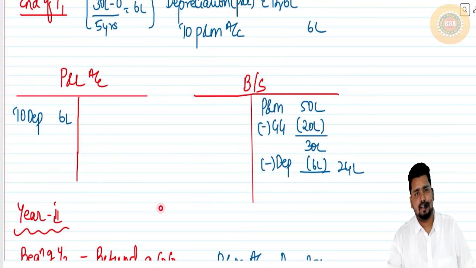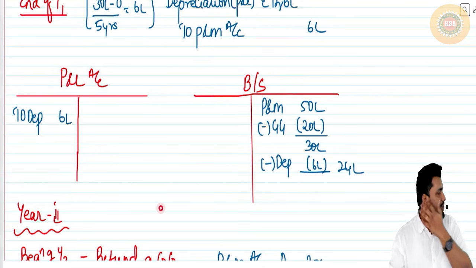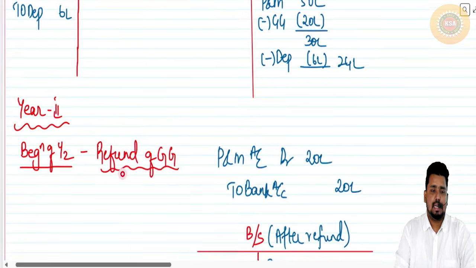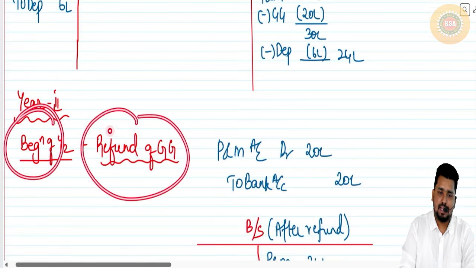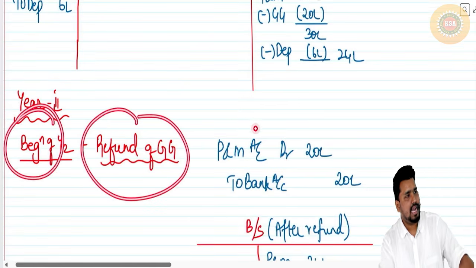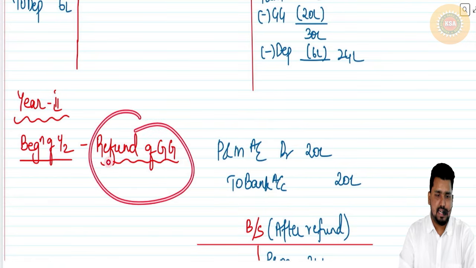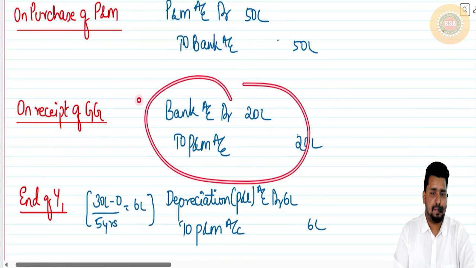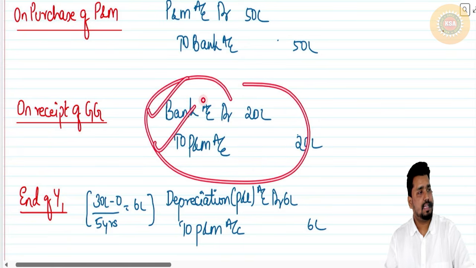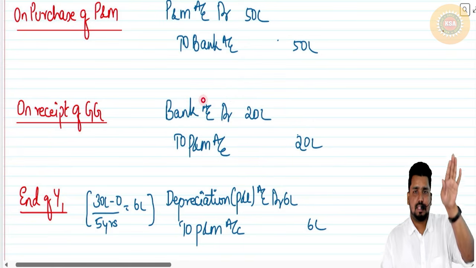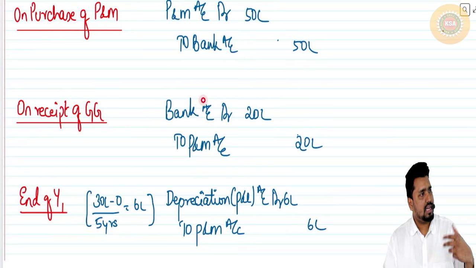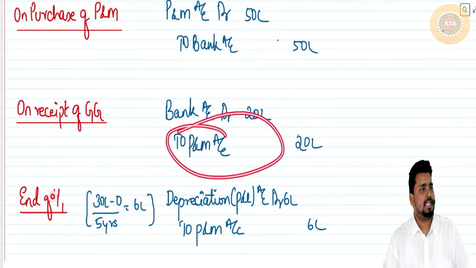In the second year, at the beginning itself, the government sent a notice. Correct? So we are going to refund. So in the beginning of second year, we are going to refund the government grant. Correct? The refund entry depends upon what you did at the time of receipt. At the time of receipt, we adjusted with the plant and machinery, you reduced it. Correct? Since you adjusted the cost, on refund also we have to adjust,